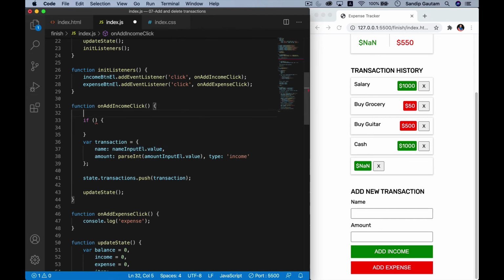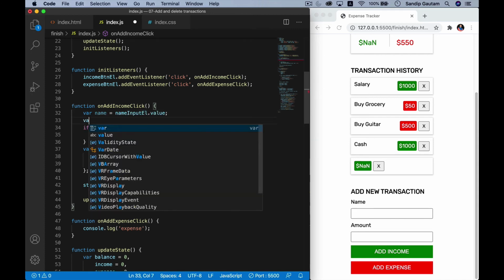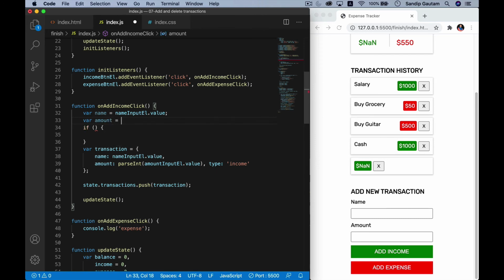So I'm going to create some variables here like name, and I'll store that value into that name. Then variable amount is equals to, I'm going to copy this from here, paste it here. This is amount value. So I'm going to check if name is not equals to blank and amount is not equals to blank. So both the values should be there. Then only we are going to add the transaction,